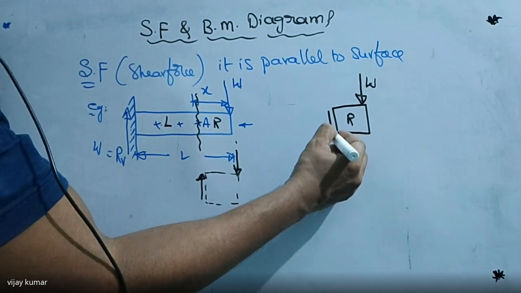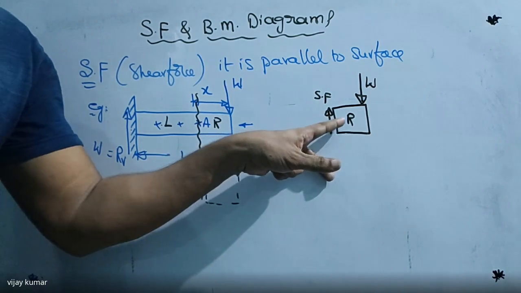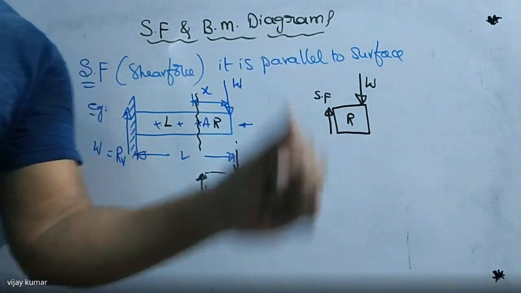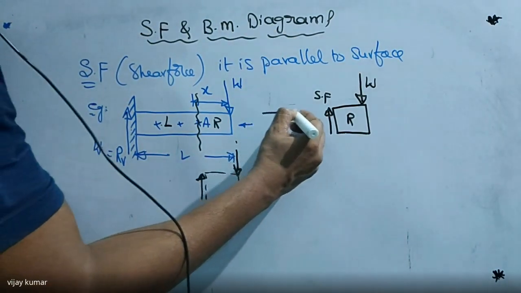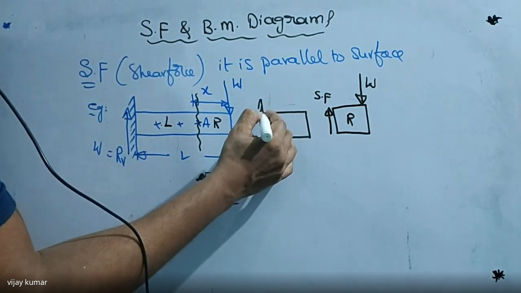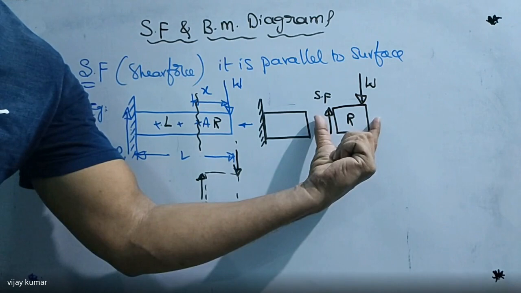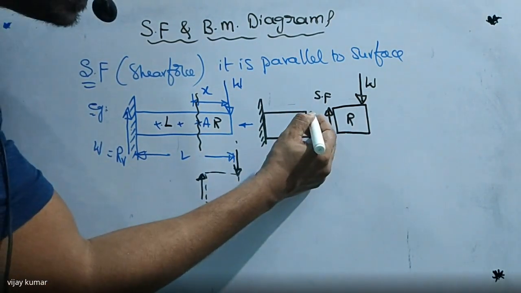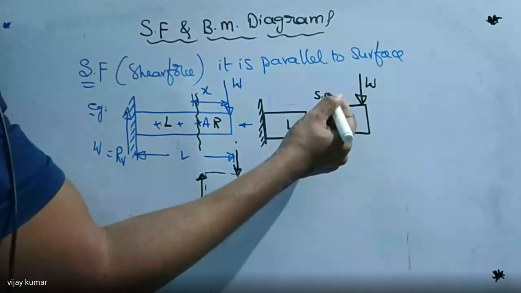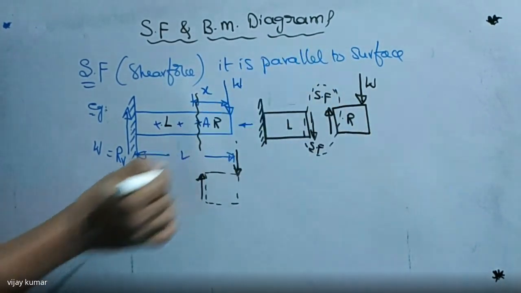So this force is in upward direction. This force is given by which part? Not the right part. This force is given by the left part. This is the free body diagram of the right portion. Now tell me, what is the free body diagram of the left portion here? When this part is moving downward, this part applies some force on this part in the downward direction, and this part applies some force on this part in the upward direction. Both have the same magnitude, but the direction is opposite.